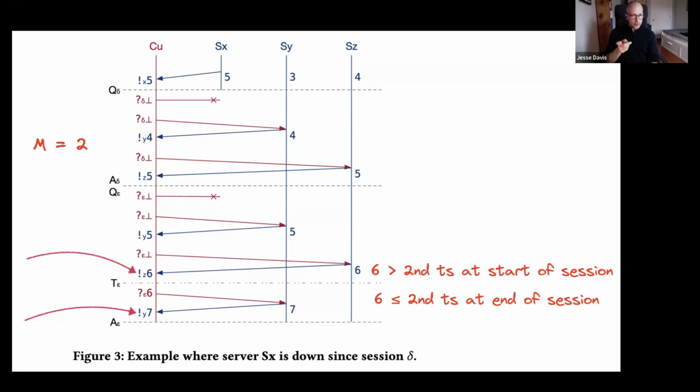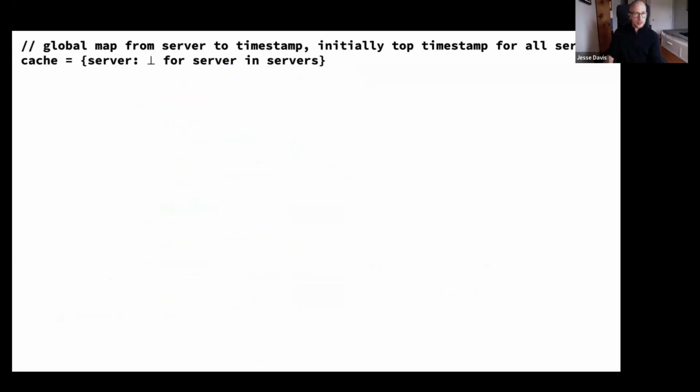So this is one example of the algorithm, and then here's the pseudocode for the general algorithm for fault-tolerant timestamp as a service. The paper uses its own pseudocode notation, which seems hard to read for me, so I obviously made up my own pseudocode, which will probably be hard to read for you. Sorry. So for the fault-tolerant version of the algorithm, the client needs to remember all the timestamps it got in the past from each server. So it creates a map here from server to timestamp, beginning with the bottom timestamp as the initial value.